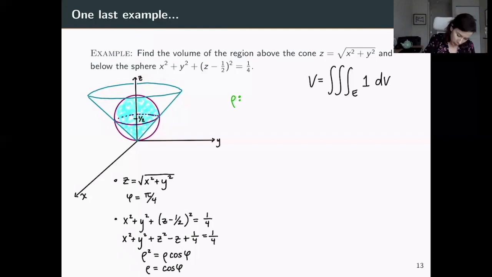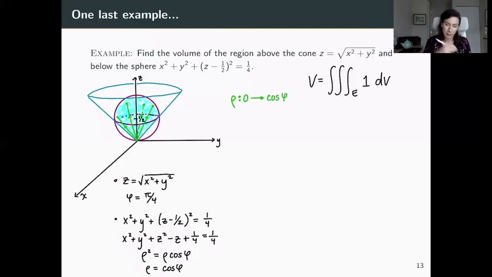Here we're always starting at the origin, and we're exiting through the sphere. Entering through the origin, exiting through the sphere, and so forth. We can even have these ones that are going through the back, like so. Our rho is always ranging from 0 out to the sphere, which is